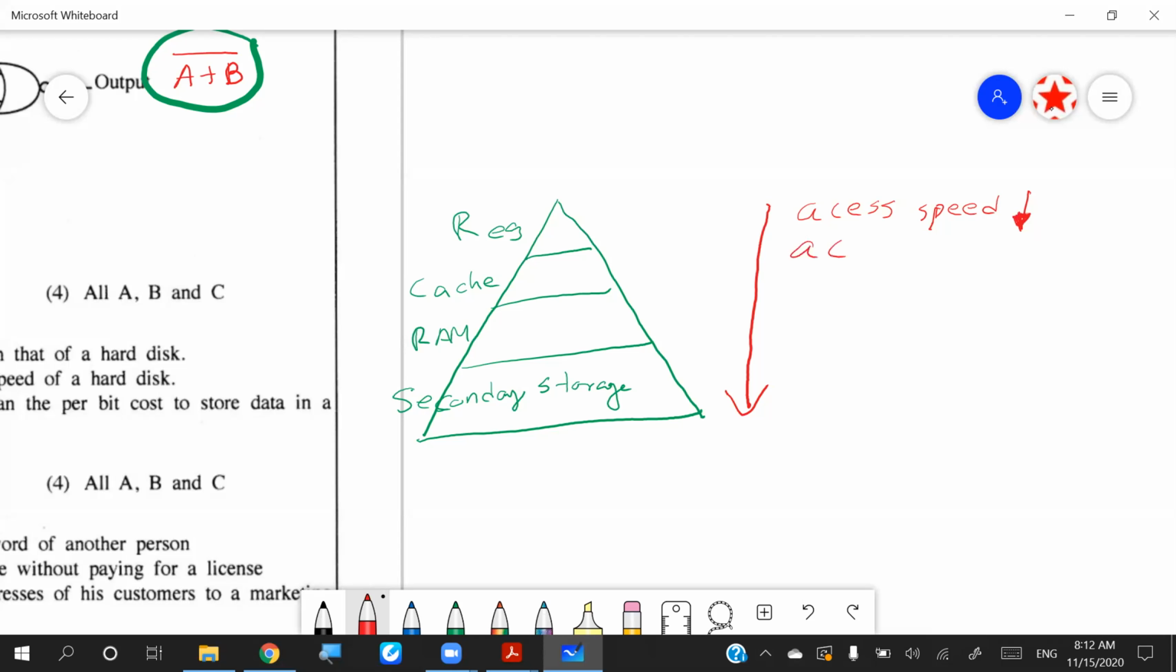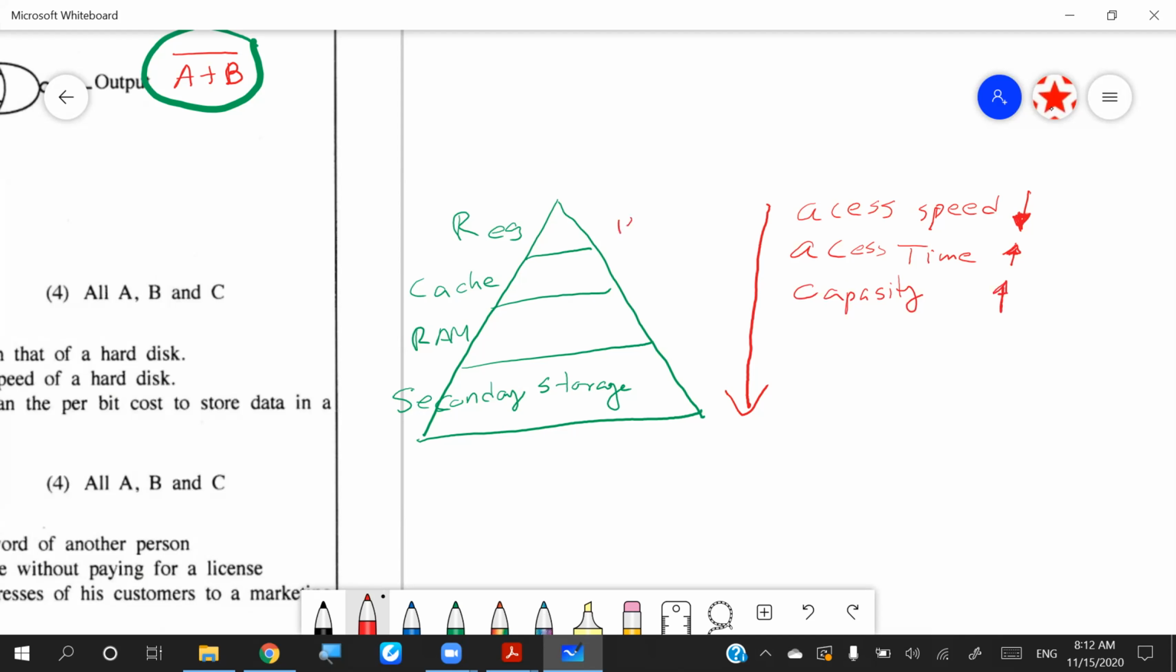And access time goes the other way around, unlike the speed. So access time will increase when you are going down. Register, so access time is less. Secondary storage, so access time is high. And the capacity is increased